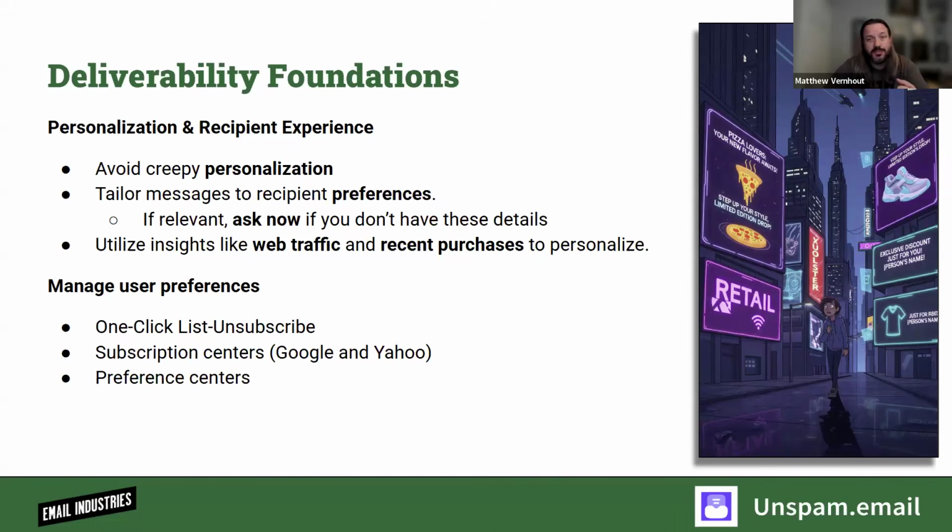Be aware of user managed preferences. So obviously one click unsubscribe, which we've talked about for the greater part of a year and a half, 2 years now. This is something your ESP or your email platform should be inserting for you for anything that's a commercial message. It enables them to put the unsubscribe button in the UI, makes it easy for consumers. It's also tied to consumer subscription centers, which are now populated by Google and Yahoo. It makes it very easy for consumers to see what commercial messages they're receiving and just click a button to unsubscribe.